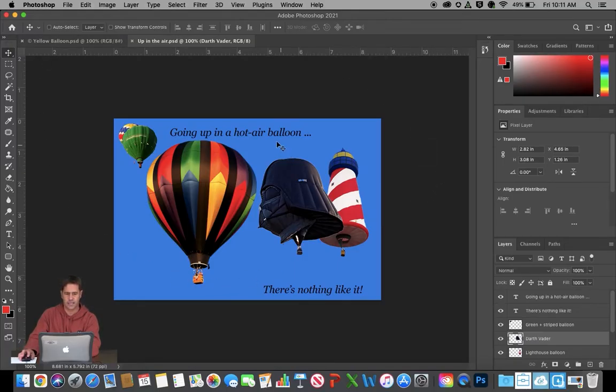And you'll see I have two documents here represented by these tabs. So I have yellow balloon, I have up in the air, and those are the two documents I have open. Now,